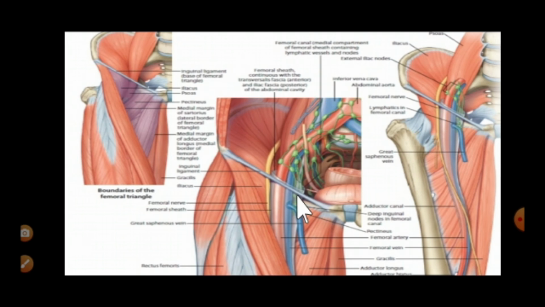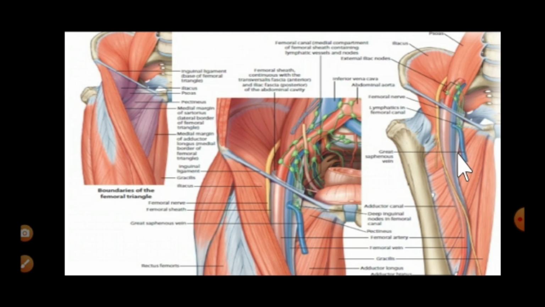Here we can see a small lymph node, which is the lymph node of Cloquet or the Rosenmuller's lymph node. Lymph vessels and fatty tissue will be there in this. So when this vein is expanding, it can expand into this space here. Here we can see the femoral sheath and the two layers, the fascia transversalis and the fascia iliaca, they will merge with the